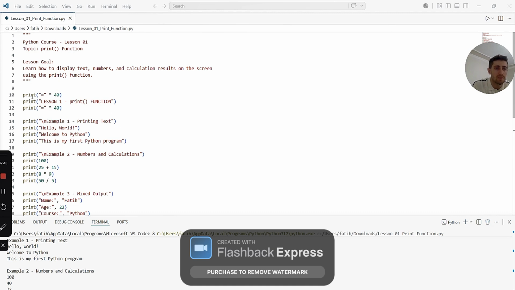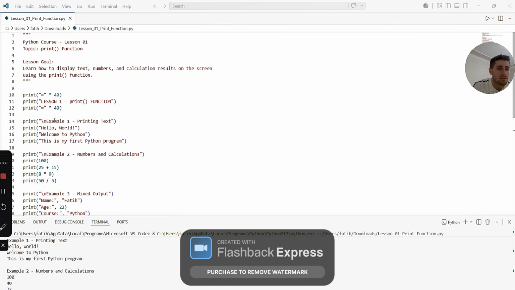And print 40. This prints another separator line. Keywords: separator, output, string. Why do we use it? To separate the title from the lesson content.